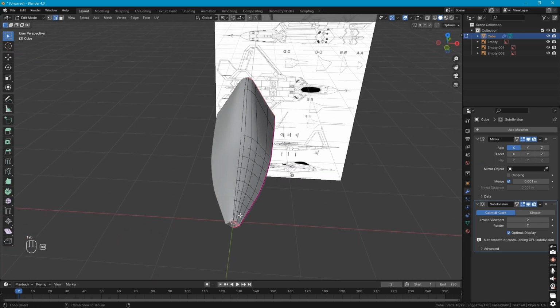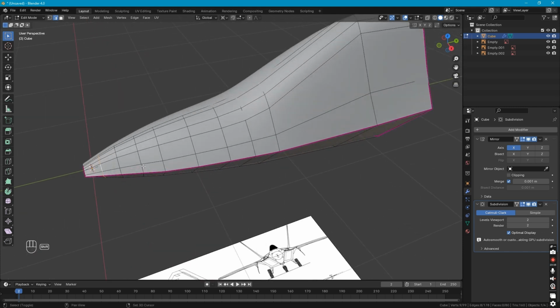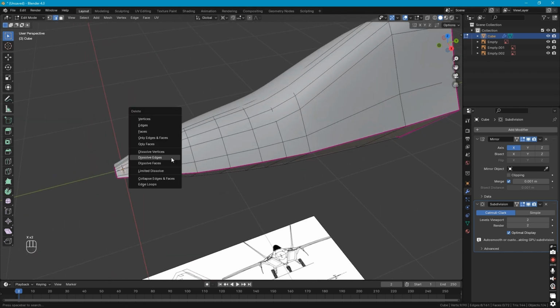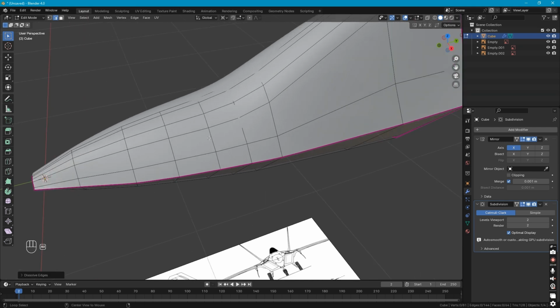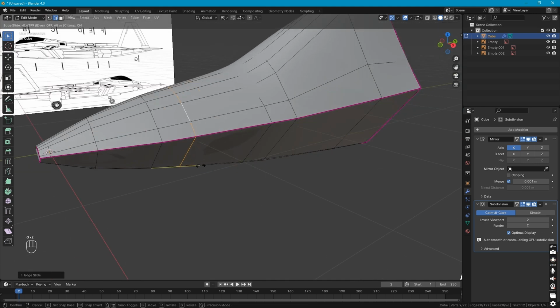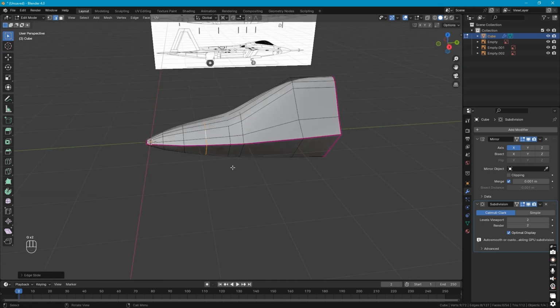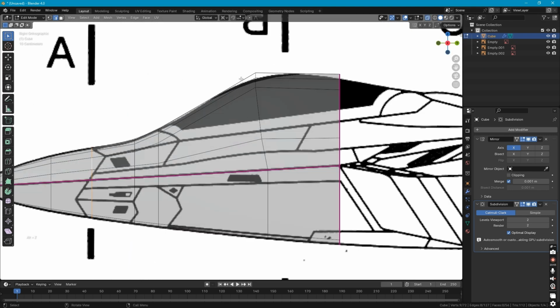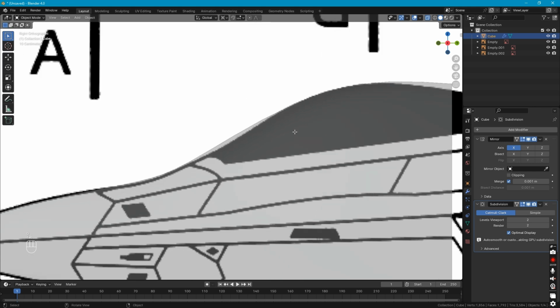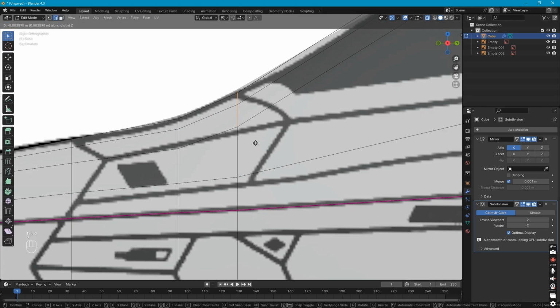And now all we have to do is just tweak, and we can actually delete some of these lines. We can definitely test out different views, different amount of loop cuts, etc. So by the way, press G twice to slide across a view. And we're actually going to move this back up and match it up with the blueprint. We're going to move this down